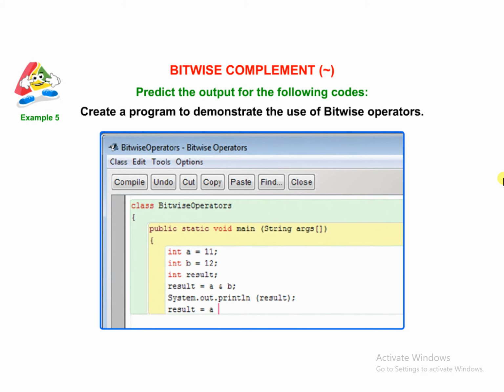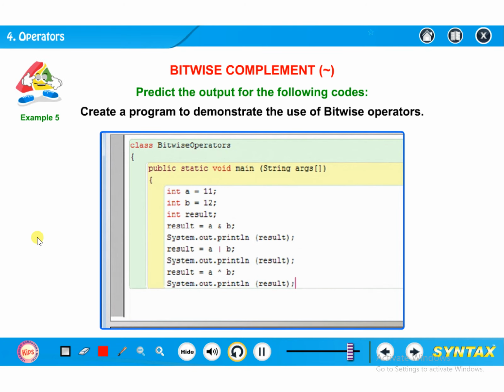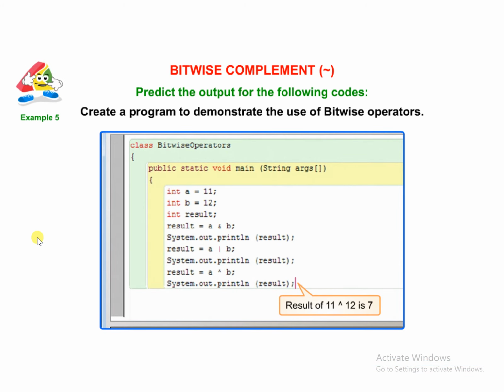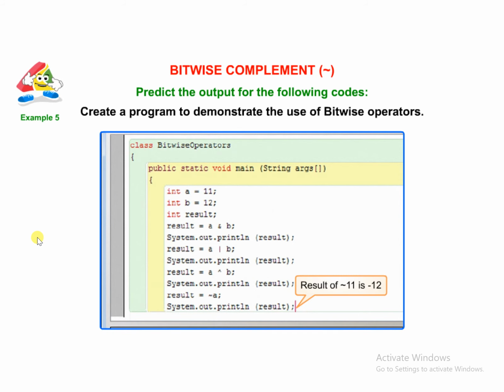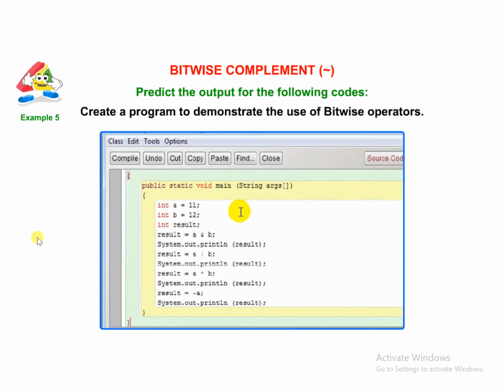result = A | B; System.out.println(result); Result of 11 | 12 is 15. result = A ^ B; System.out.println(result); Result of 11 ^ 12 is 7. result = ~A; System.out.println(result); Result of ~11 is -12. } }